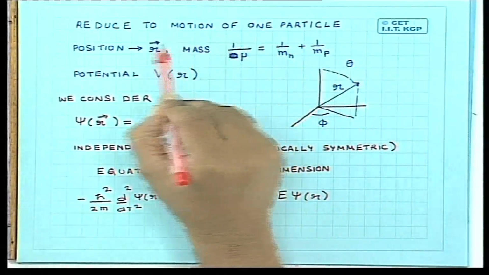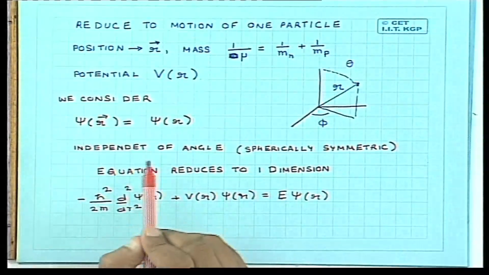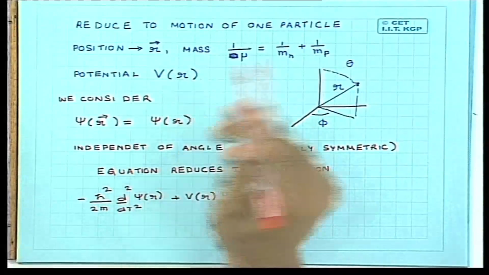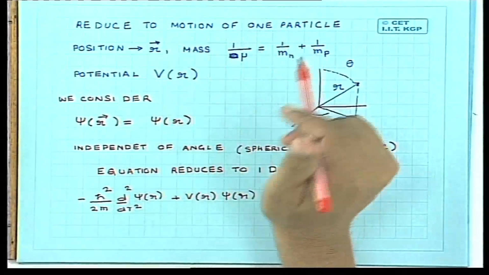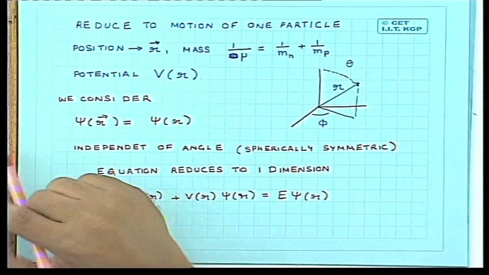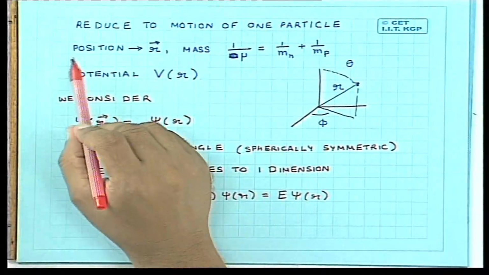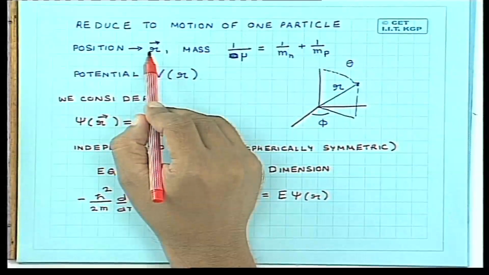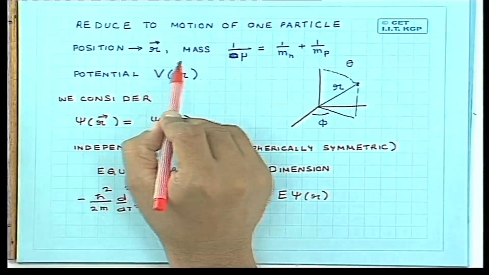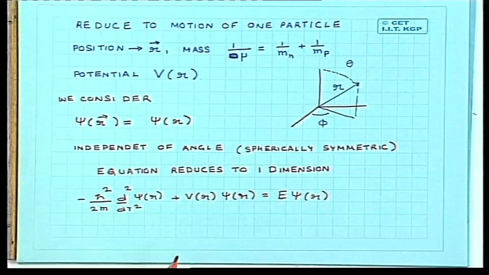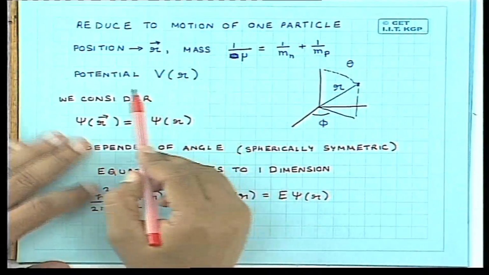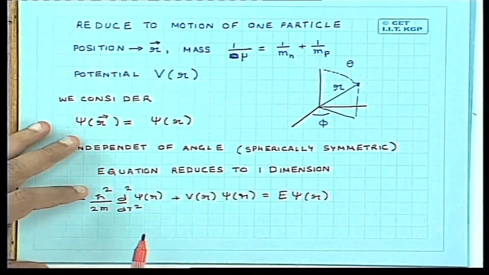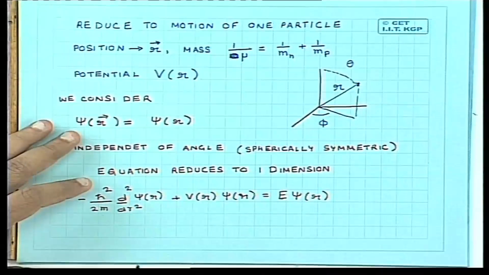You can work out the transformation from a two-body problem to one-body problem in classical mechanics, and many of you will be doing it in the classical mechanics course. So we have a particle of mass mu whose coordinate is given by r, moving in a potential V of r. So this two-body problem has been reduced to a one-body problem. And the potential V of r doesn't depend on the direction, it only depends on the magnitude.